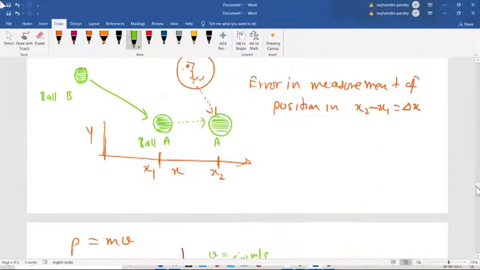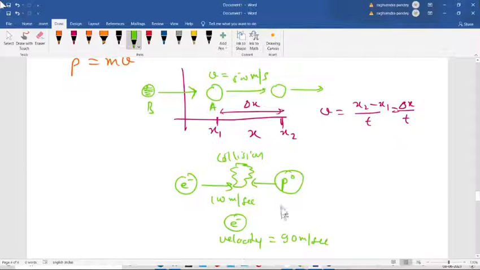Have you understood the basic thing about the uncertainty? The original speed is 100 meters per second, but we are measuring only 90, if we could measure it directly. We cannot measure it directly, but suppose we could, the velocity we would measure is 90, but the original velocity is 100. So the change in velocity, delta V, is 100 minus 90, which is 10 meters per second. That is your error. This is called error in the measurement. We'll discuss it tomorrow in much more detail.